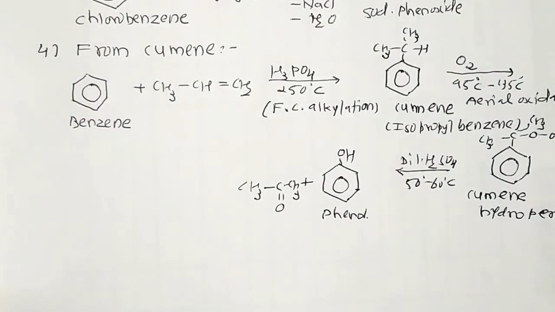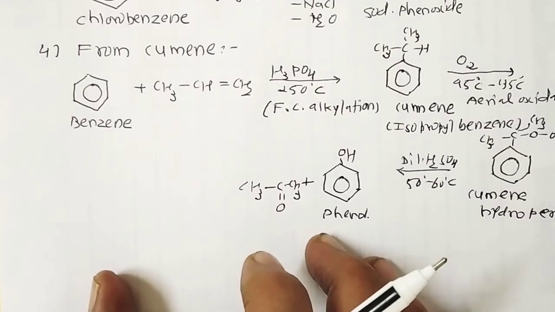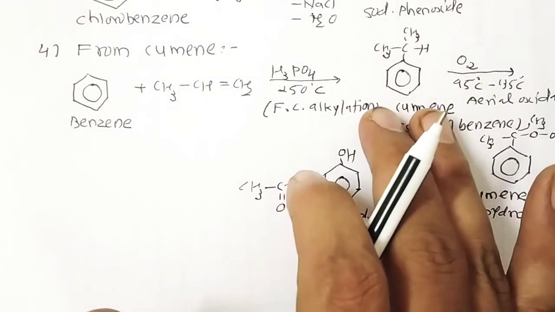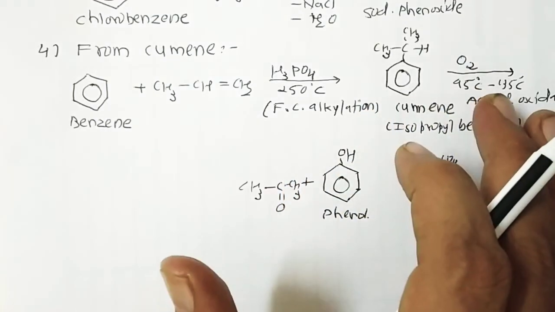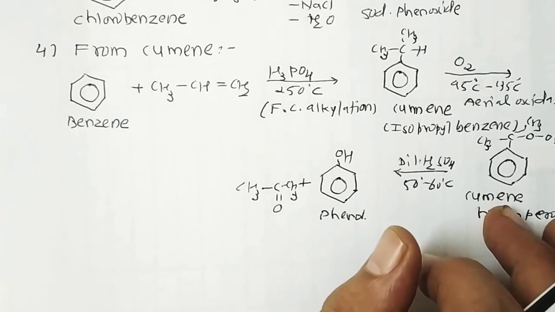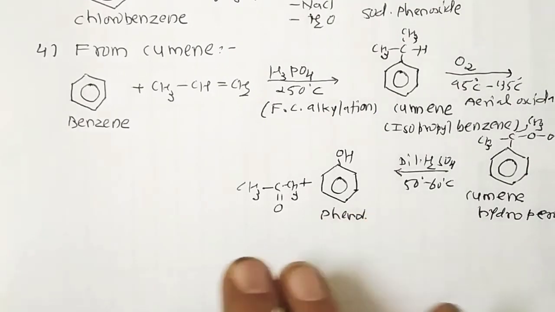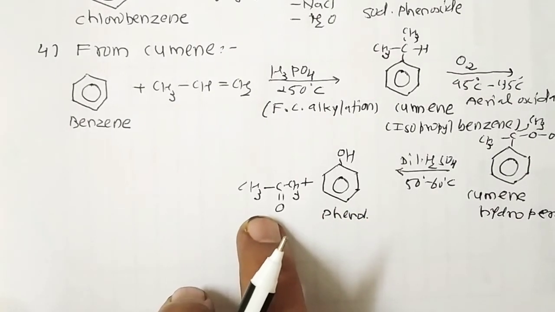Commercially, this process is quite good. In the case of phenol, once again, the phenol is manufactured from the hydrocarbon cumene. First we have to prepare cumene, and this cumene is oxidized in the presence of air, converting into cumene hydroperoxide, and this cumene hydroperoxide is converted into phenol and acetone by treating it with dilute acid. Here acetone is a byproduct of this reaction, and it's also obtained in large quantities by this method.